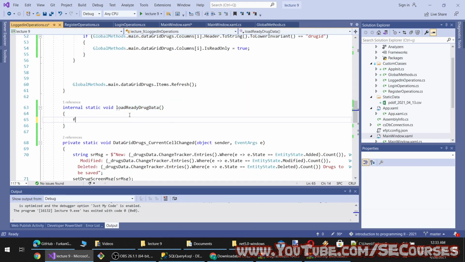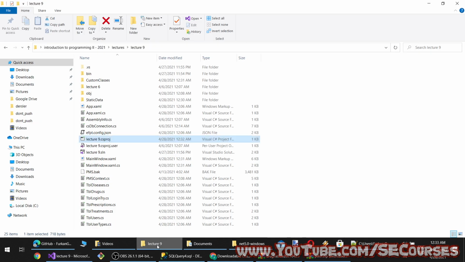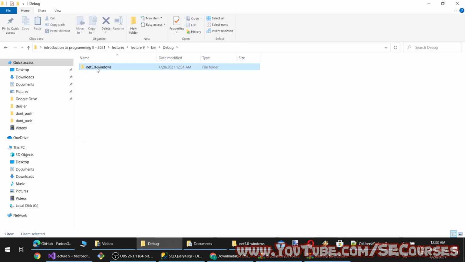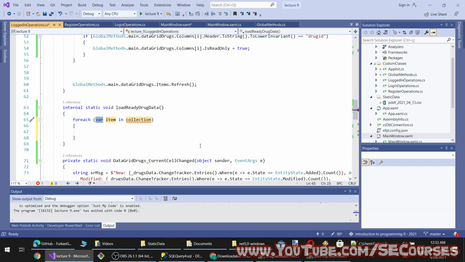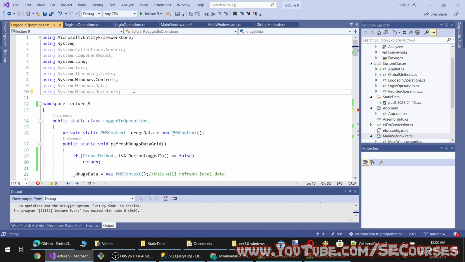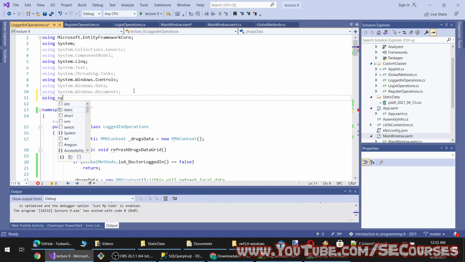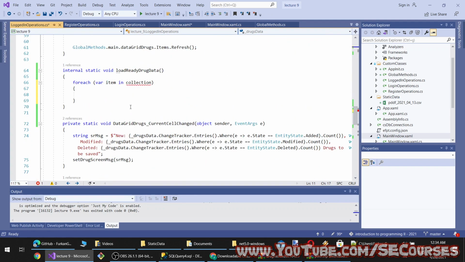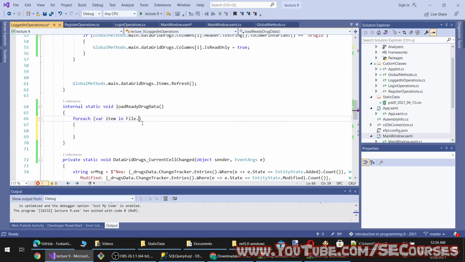What we are going to do is we are going to simply read values in this CSV file. So it will be under static data. For that, I need to add using System.IO, input output operations, here, and we will use File.ReadLines. We don't need to read all of them at once, therefore this should work, and we loop over each line.